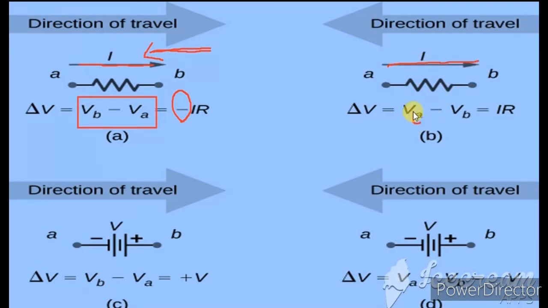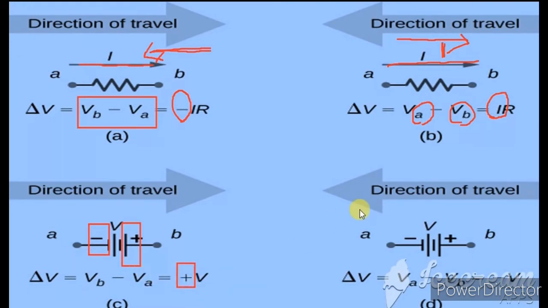Same way here also, this is the direction of travel, but what are we considering? A to B. So A to B is again this direction. Both are traveling in the same direction, so we are considering it with the term plus. Here we are considering it as minus because this is in the opposite direction. Here we are considering it as plus because this is in the same direction. Same way consider here, this is from negative to positive. When it is traveling from negative to positive, we will consider it as positive.